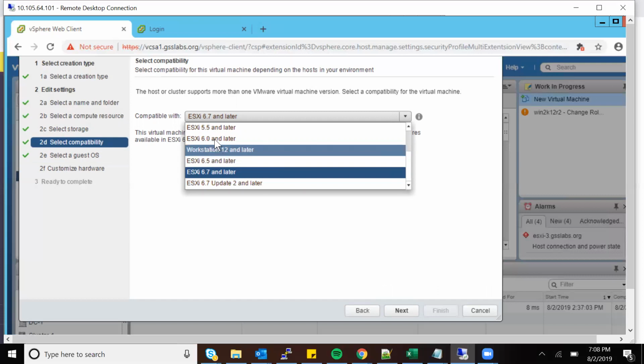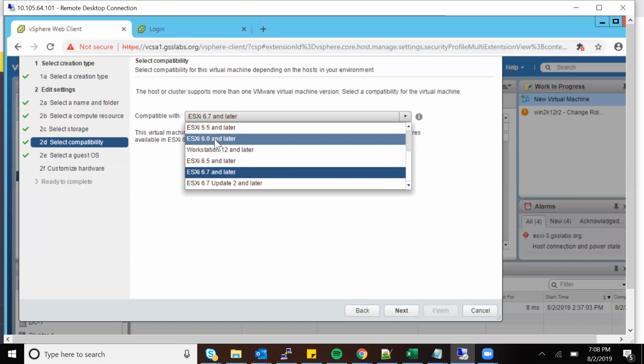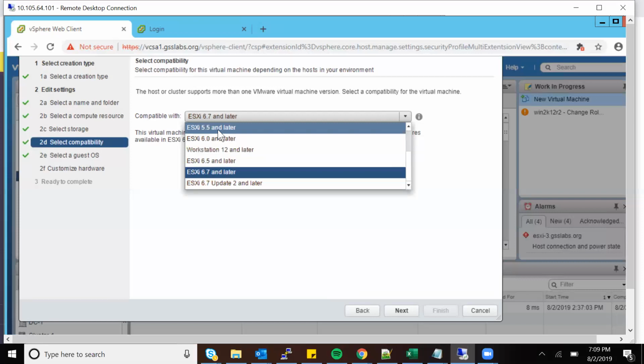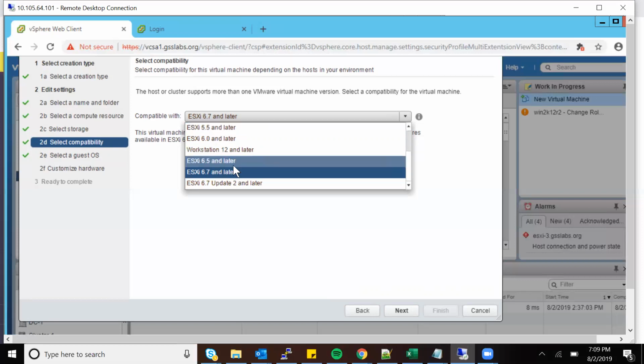If I select 5.5 and later, this VM would be compatible with ESXi 5.5 as well. So if my environment has a combination of 6.5, 5.5, everything, I can move my VMs to 5.5 as well. So I can move anywhere. It's compatible with all the hosts.